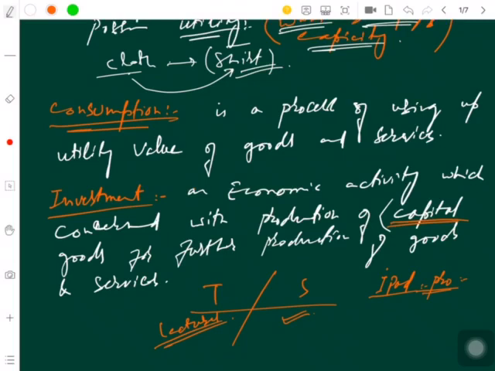So I invested in the capital because I am using up this capital to further produce goods and services. I am producing my service this time with the help of this. So for me it becomes a capital good. So a machine made to weave clothes is a capital good. So investment is an economic activity. That means anything which is being used for further production is a capital good. Production of the printing press to print books, magazines, newspapers, etc. is also exactly an investment. Investment means a capital good in other words. After investment,